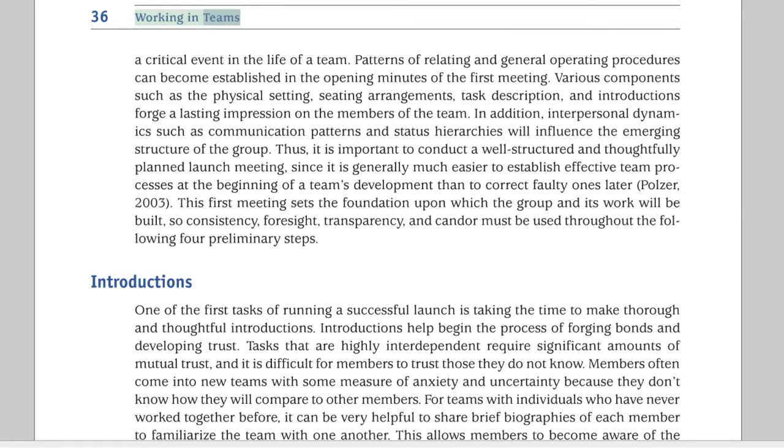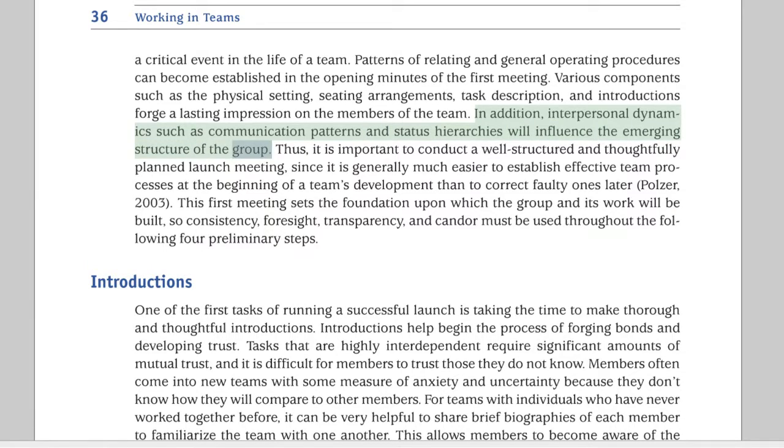Working in teams. 36. A critical event in the life of a team. Patterns of relating and general operating procedures can become established in the opening minutes of the first meeting. Various components such as the physical setting, seating arrangements, task description, and introductions forge a lasting impression on the members of the team. In addition, interpersonal dynamics such as communication patterns and status hierarchies will influence the emerging structure of